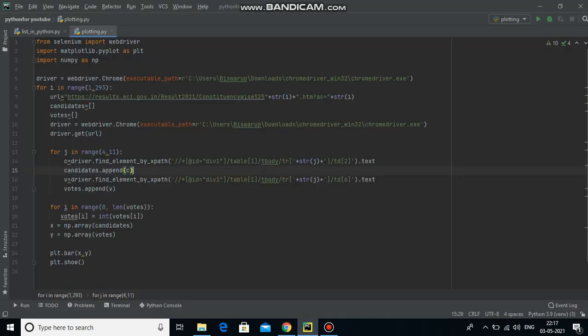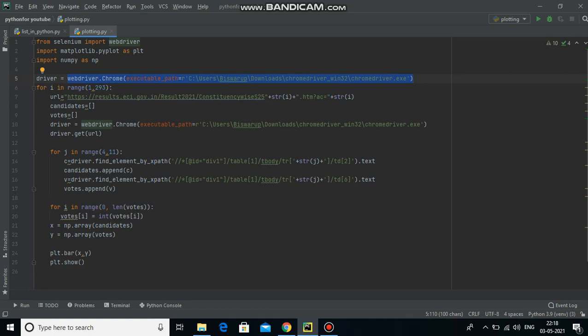Here, the packages I have used: WebDriver from Selenium, Matplotlib to plot my data, and obviously NumPy to use the array. The very first thing I have done is use the driver object to store the WebDriver, which I have already downloaded from the respective WebDriver portal.